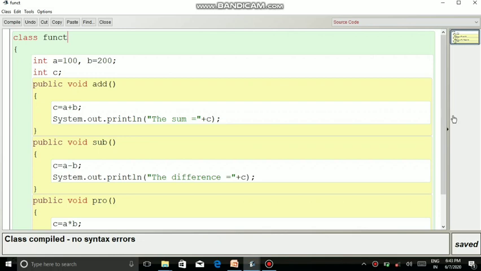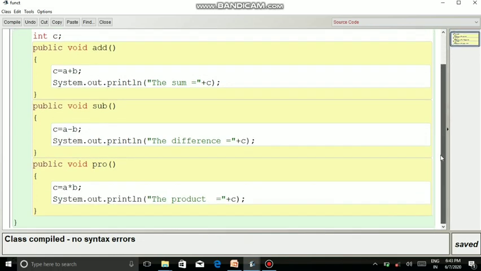Your second function is public void sub, to find out the difference. So c is equal to a minus b, System.out.println, the difference is equal to plus c. Then public void pro, to find out the product of numbers. So c is equal to a into b, System.out.println, the product is equal to plus c.